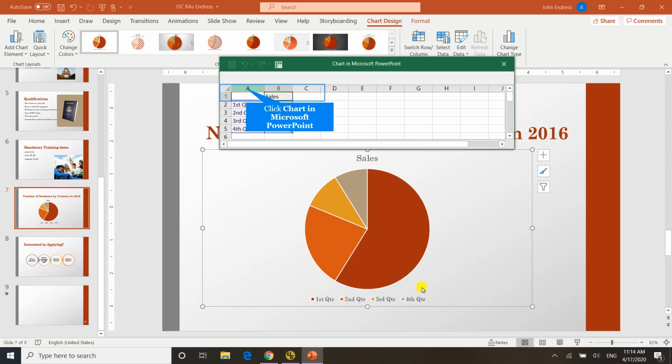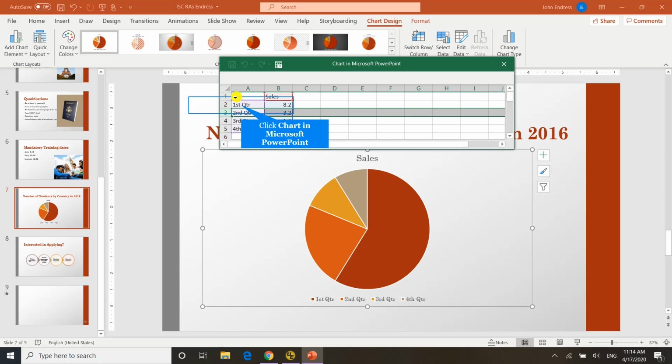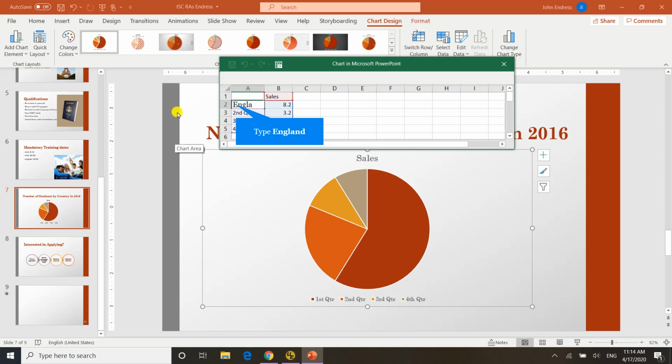Okay, so it gives me not only a chart, but it gives me something of a spreadsheet to enter data into. And that's what they want us to do. Now, if you're not familiar with spreadsheets, just take a look momentarily and notice that it's arranged in columns labeled A, B, C. And then columns are subdivided by rows, 1, 2, 3. And to navigate, people describe each cell within the sheet as a letter representing the column and a number representing the row. So it says in the cell A2, okay, there's A2, type the name England, and then France, and